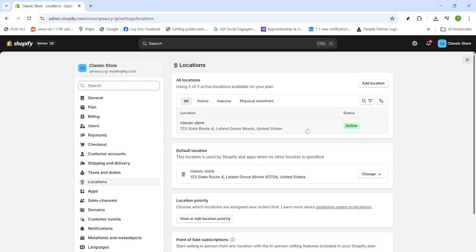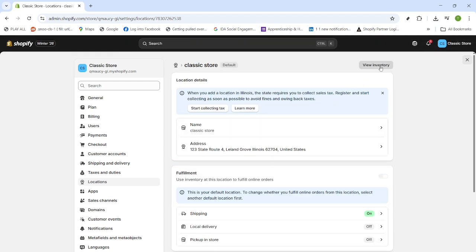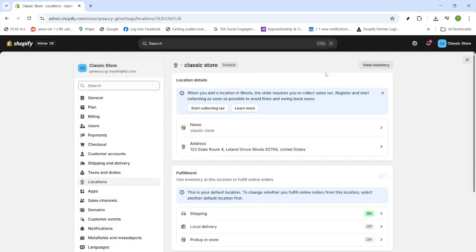To recap, go to your Shopify admin, open Online Store, head into Settings, choose Locations, select the location you want to remove, go to More Actions, and confirm Deactivate Location. Follow these steps, and you'll keep your inventory and fulfillment